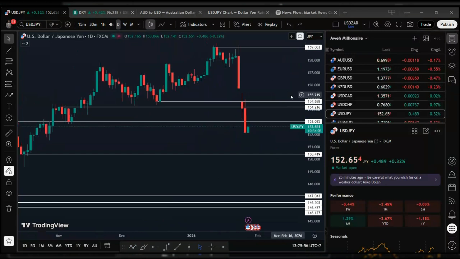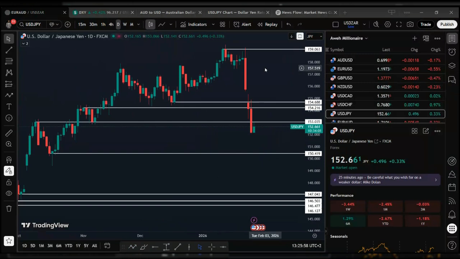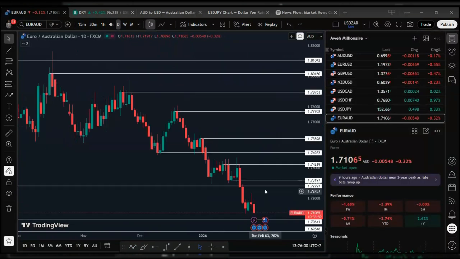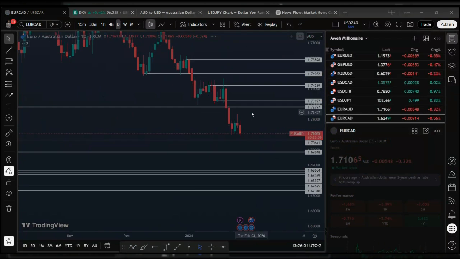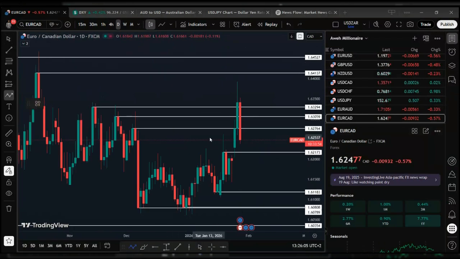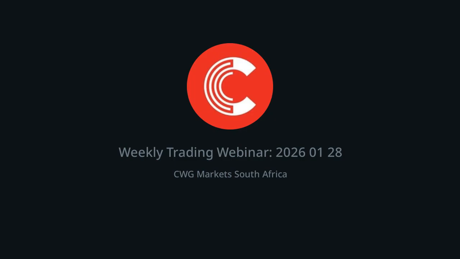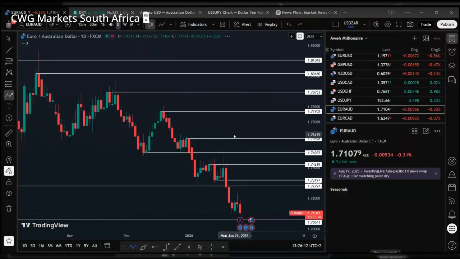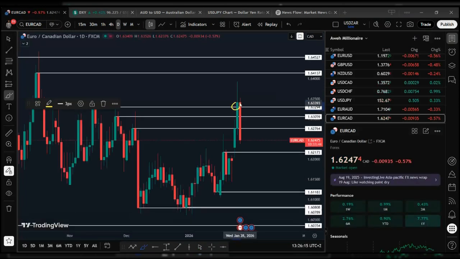Next up, we've got Euro Aussie. We've got Euro CAD as well. Now, Euro CAD, as we can see, price ended the day breaking through our major resistance level to the 1.6329 level. And now we see a major pullback in this upward move that we've seen in the early week. So we had a big upward move here, and now we're seeing a pullback in this upward move